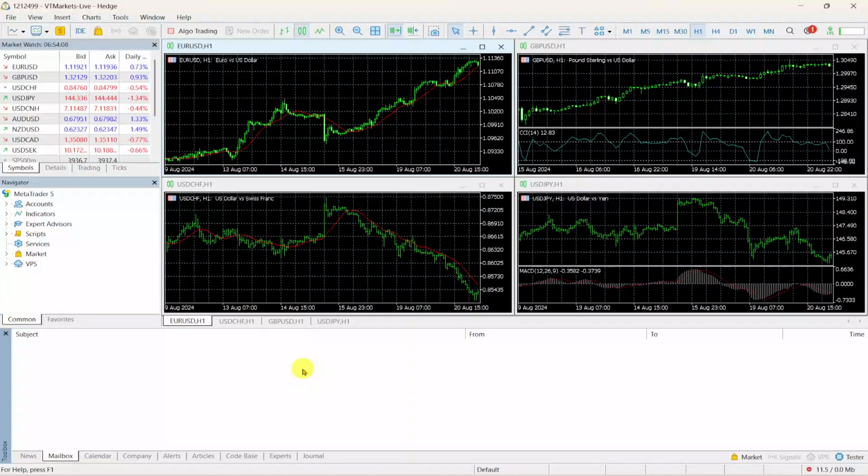Hello, today we will guide you through how to connect Deriv Broker to MetaTrader 5. To begin, open the MetaTrader 5 app on your device. Make sure the platform is fully loaded before moving on, so all the menu options appear correctly and you can